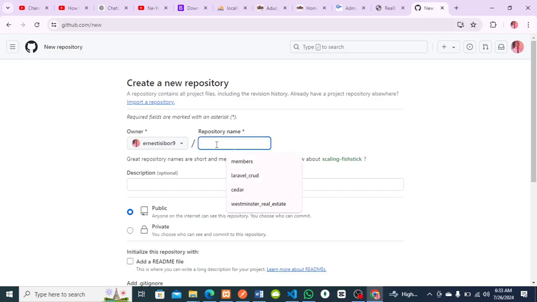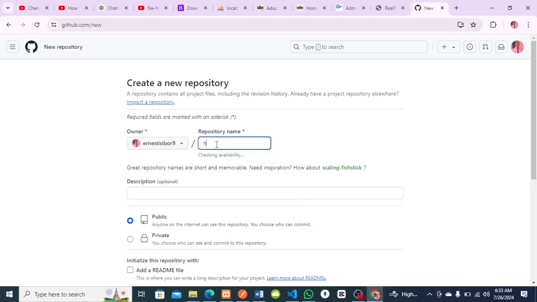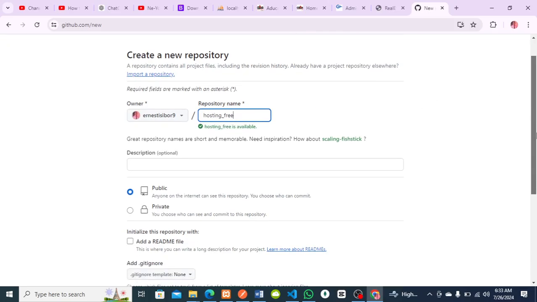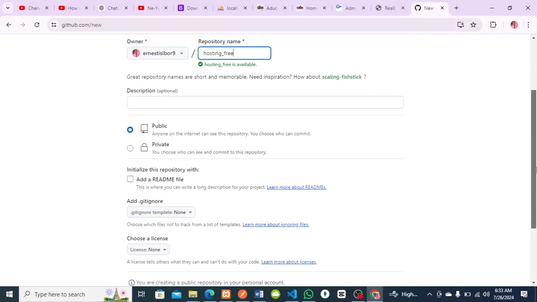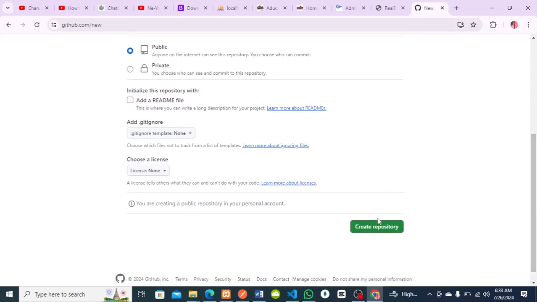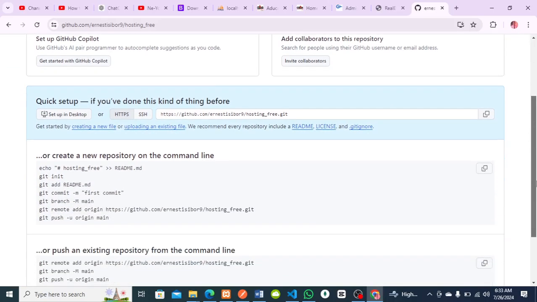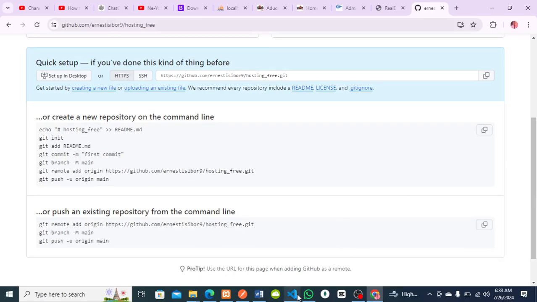So yeah, I call this hosting free. You can call it anything you like. Hosting_free, that's the repository I'm calling it. I'll click create repository. Okay, so I've created the repository called hosting free, which I've just created, and I'll go to my Visual Studio Code